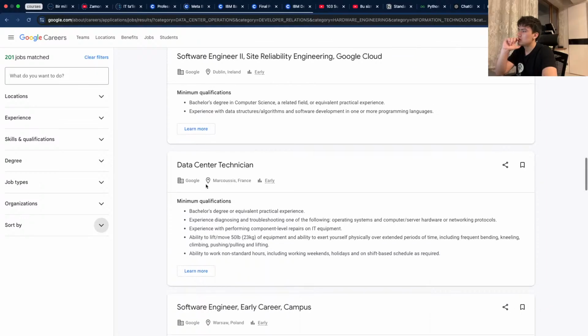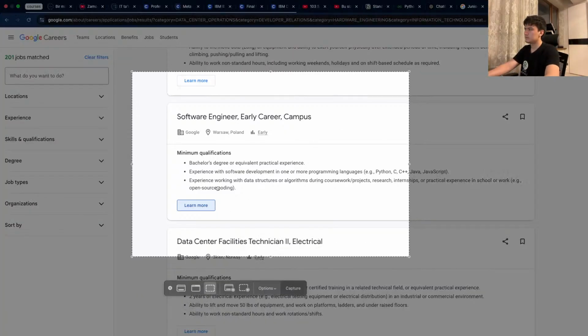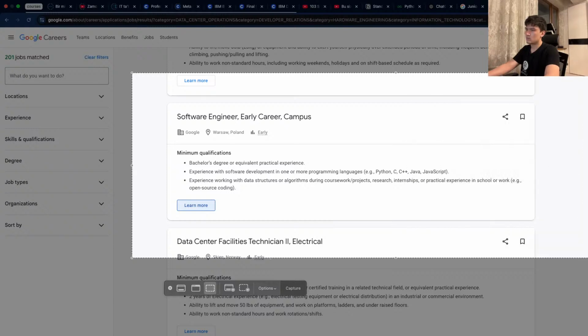Experience data technician, software engineer, early career campus, bachelor degree program. As more program knowledge, job experience working with data structure. Hop, mana shu yoqda. Ularni more qilamiz. Bundan olib mana buni screenshot qilaman. Hop.